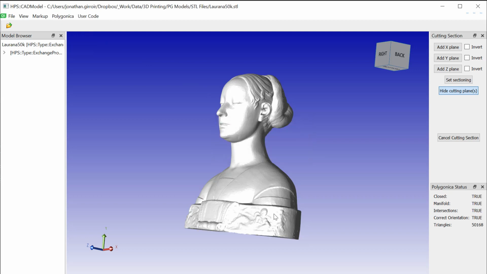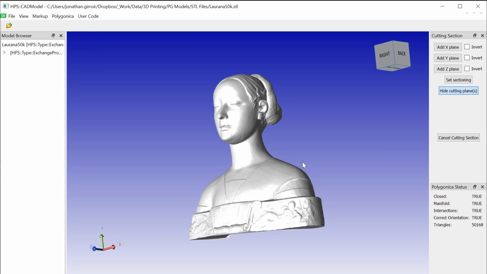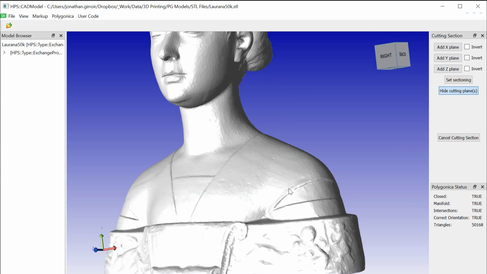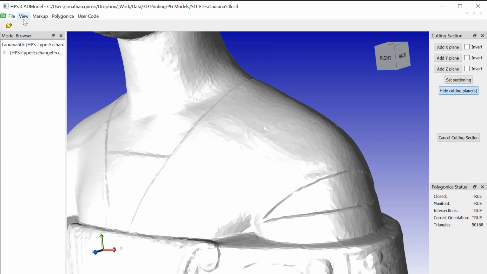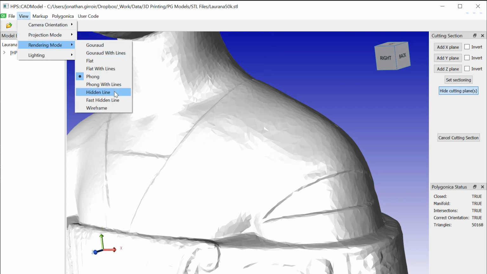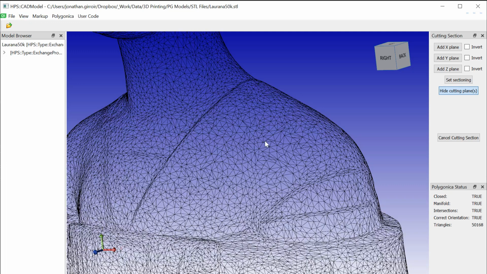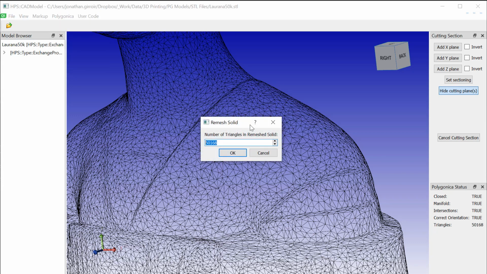But what we are interested in doing is remeshing this. So notice there's 50,000 triangles in this. I'm going to zoom in and, using Hoops Visualize, change the rendering mode to hidden line so you can see the mesh. It's a non-uniform mesh, but part of the Polygonica remeshing is the ability to create a uniform mesh. And in this case, let's just make